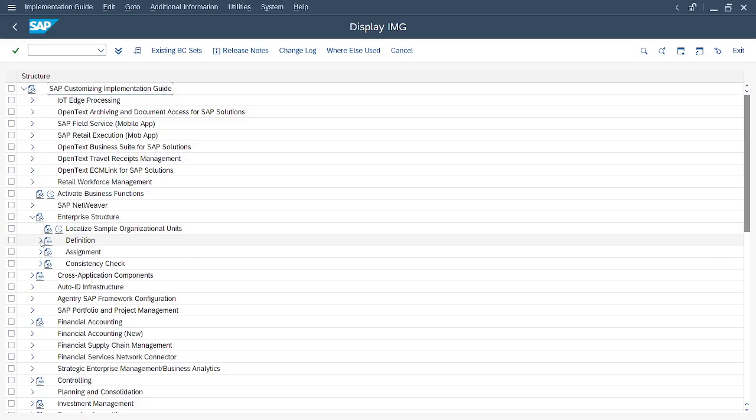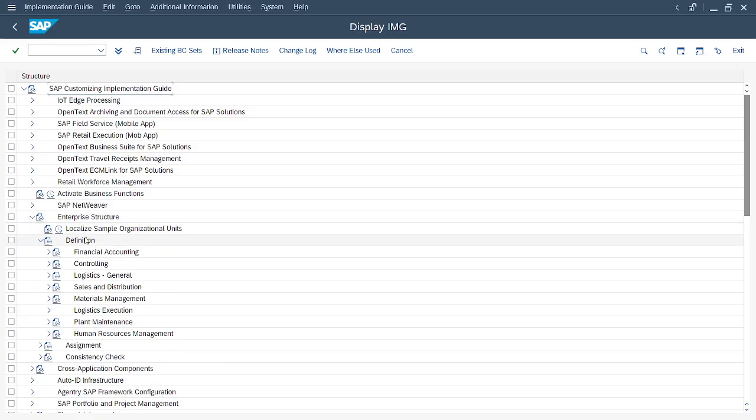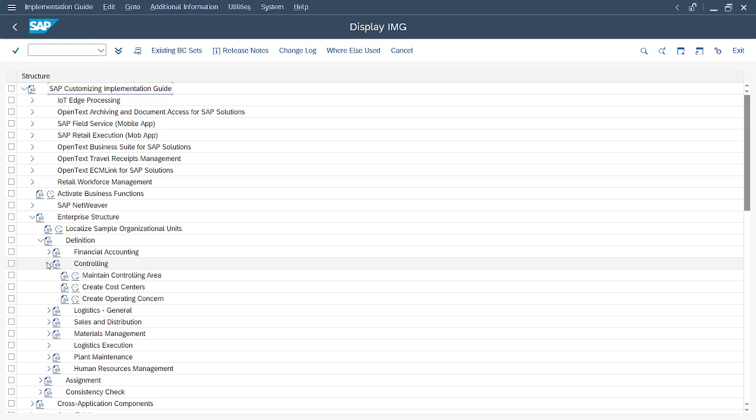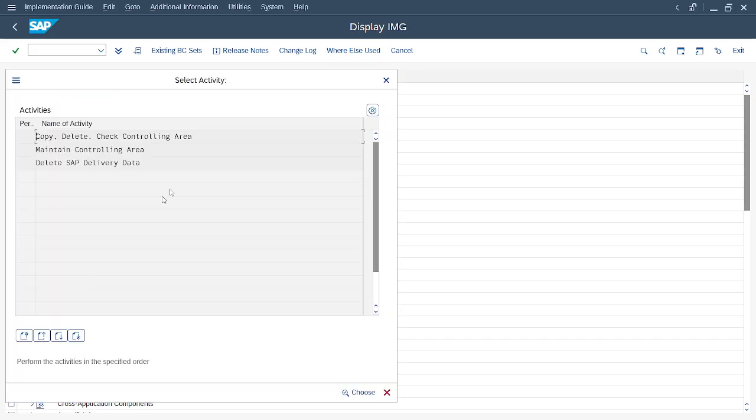First we go into enterprise structure, definition, controlling, maintain controlling area. Here you can copy as well, but for that we have a separate one.